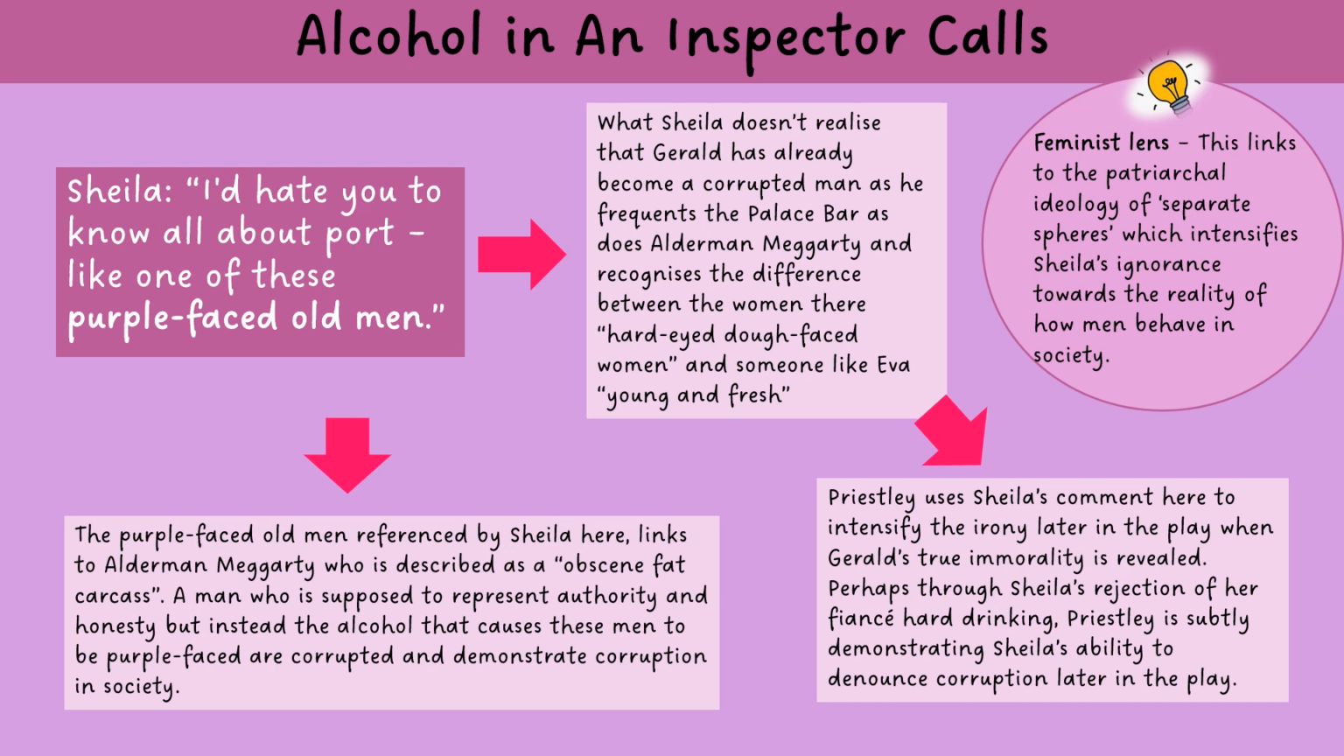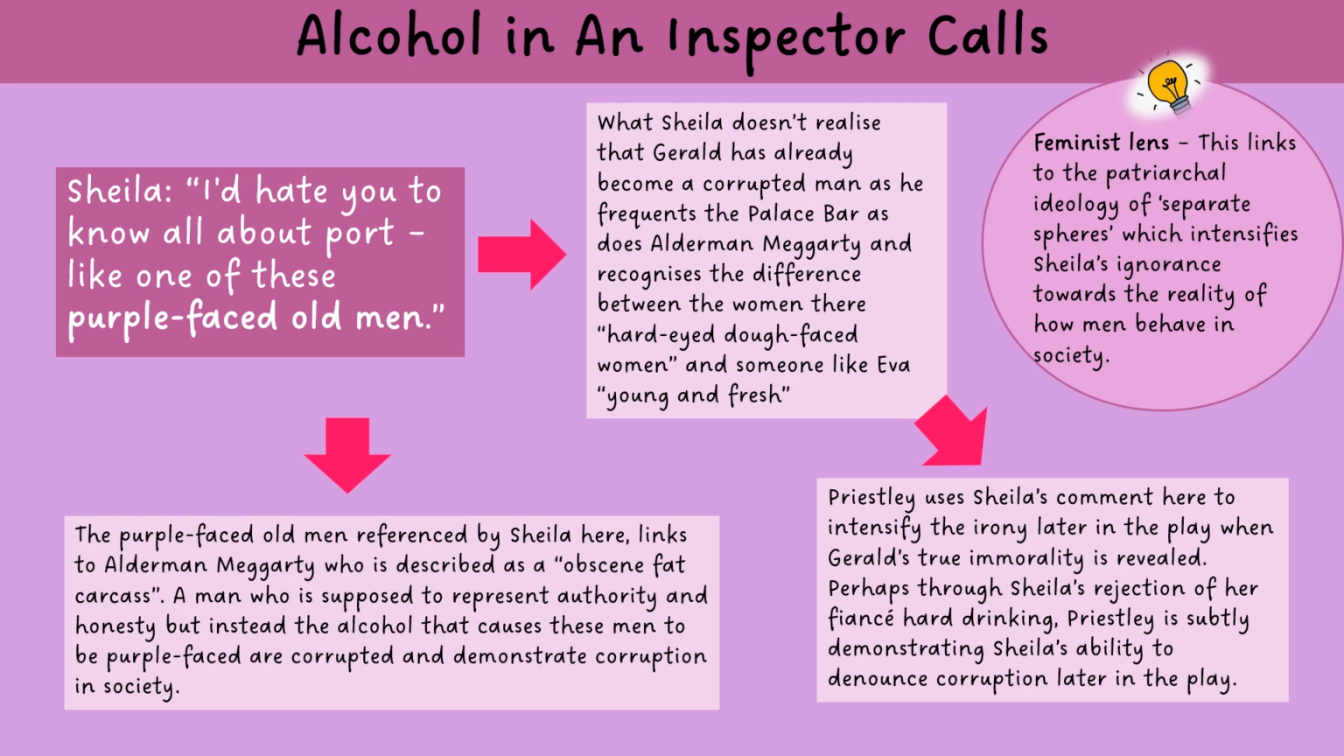And I also like to think about this idea that Sheila at the very beginning of the play has already said, "I'd hate you to be one of these men," which shows that Priestley's using her to demonstrate Sheila's ability to denounce corruption later on in the play. So this ability shows that she's already the type of person who does not condone this excessive drinking, excessive